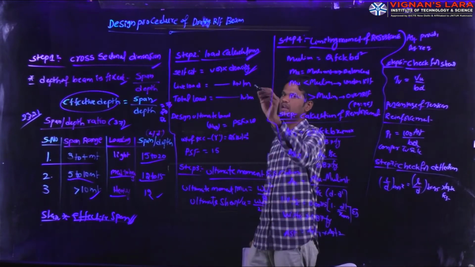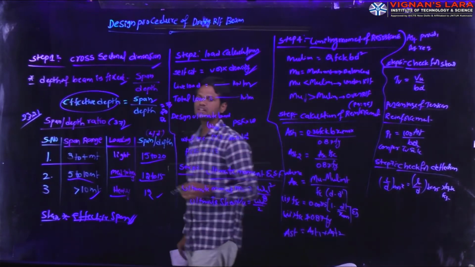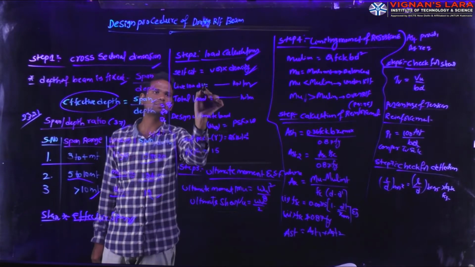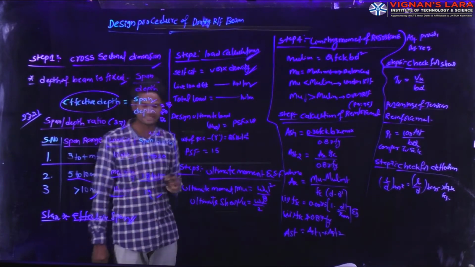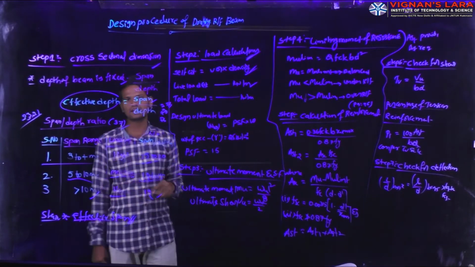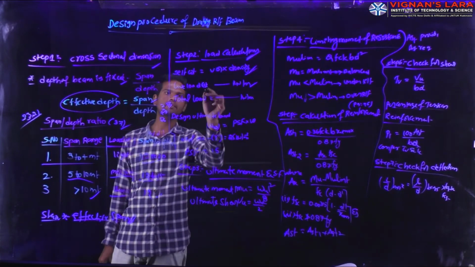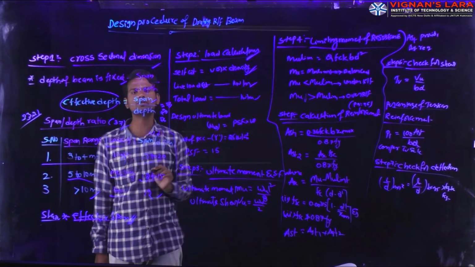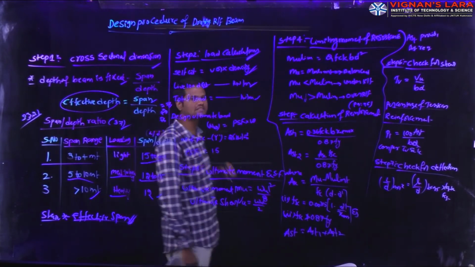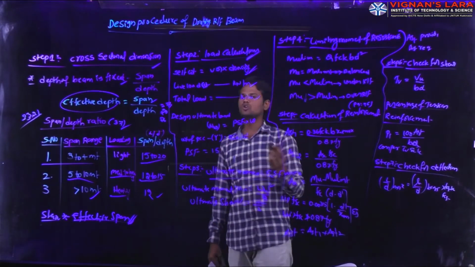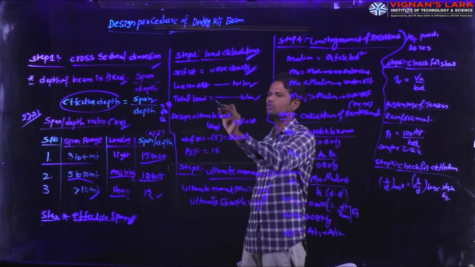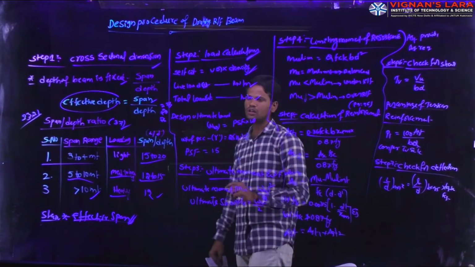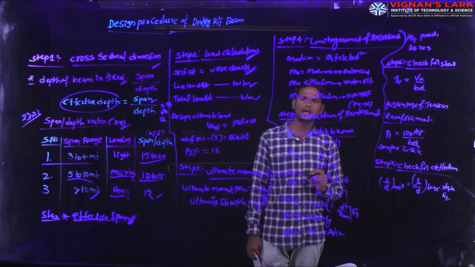And next we have the live load. Live load is nothing but the movable loads. Based on their requirements, they will mention in the problem the live load values, either 6 kN per meter, 10 kN per meter, or 20 kN per meter. Based on the requirement, they will give the live load. Next we have to calculate the total load, that is live load plus dead load, any finishes load, and any other loads they are giving. The total load we have to calculate. The total load we take as W. Next we have to calculate the ultimate load.